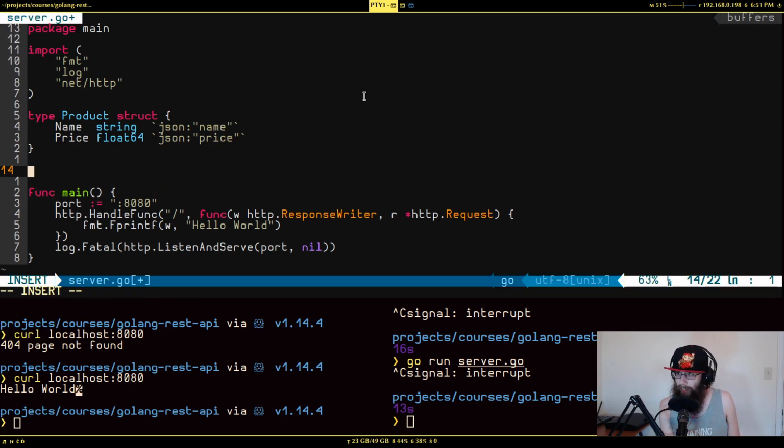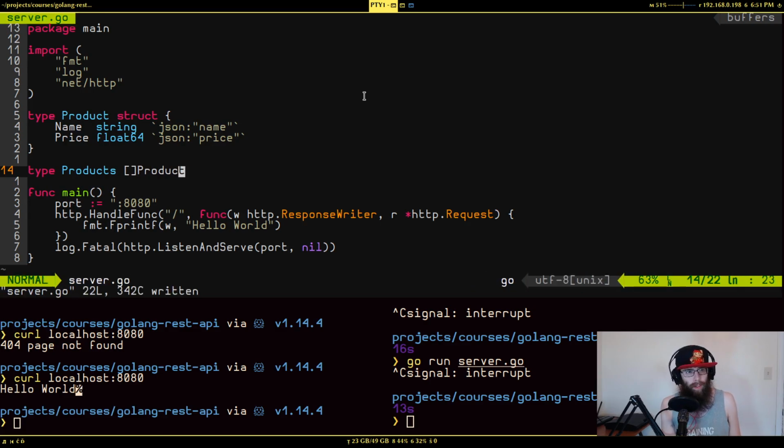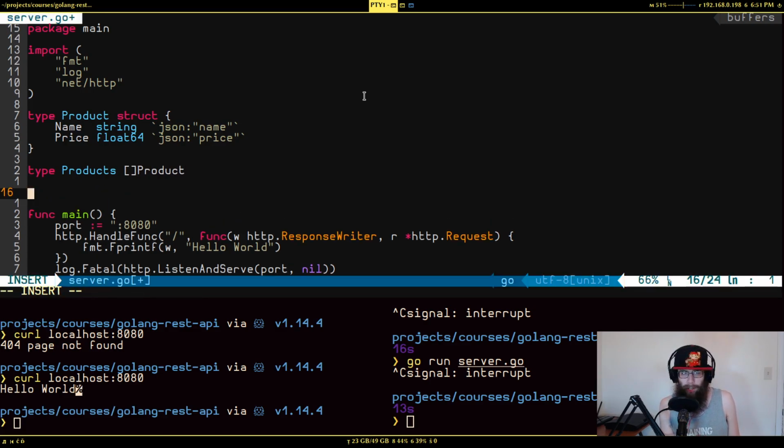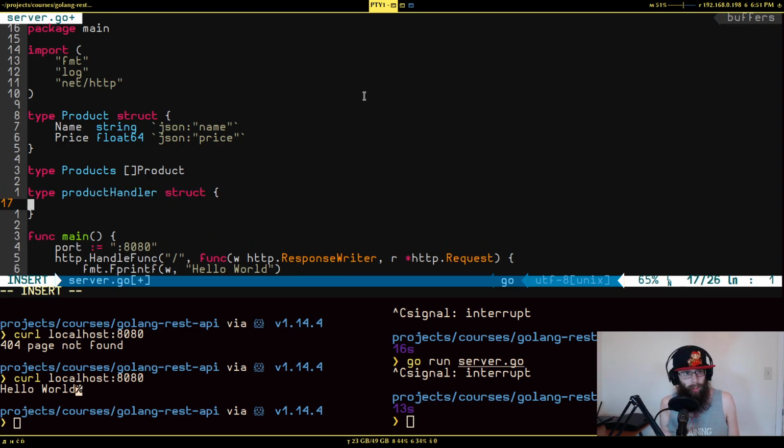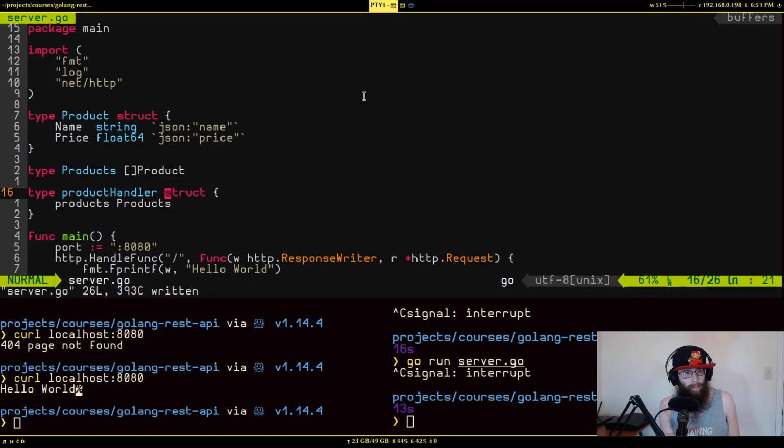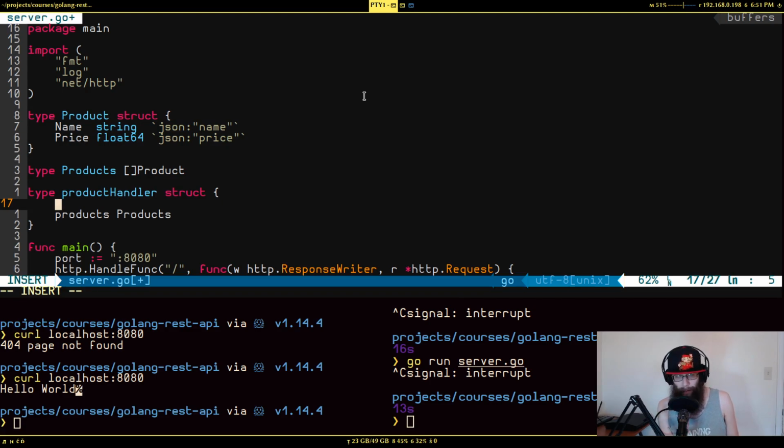And just to have a convenient type alias, I'm going to have a type of products, which is just a slice of product. So I want something to handle all the routing for the products. So I'm going to define another struct here. I'm just going to call it product handler, and it's a struct. And the first thing it's going to have is products, and it's going to be of type products. So it's basically just a slice of products. But there's something else I'm going to pass in here, and I'm going to explain why. I'm going to say it also has embedded into it